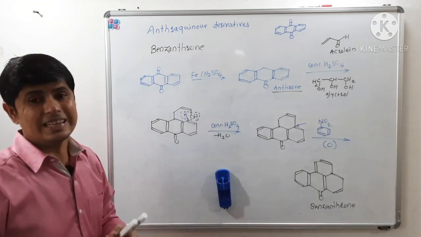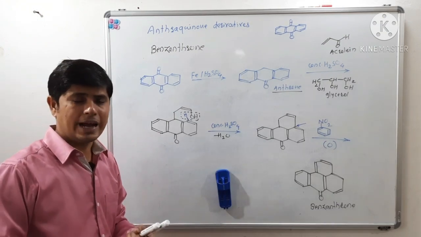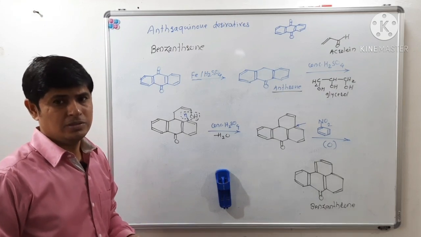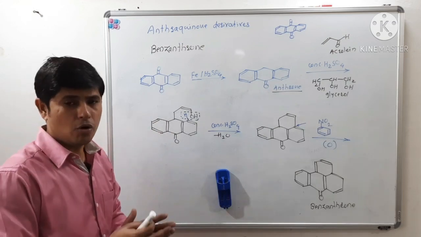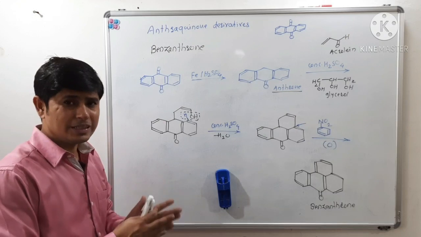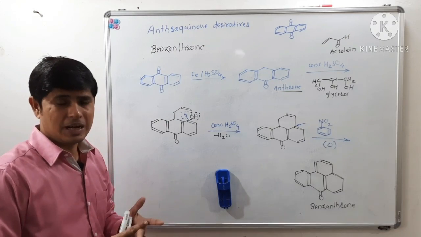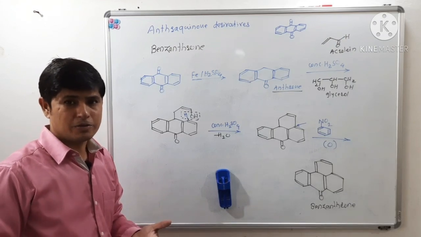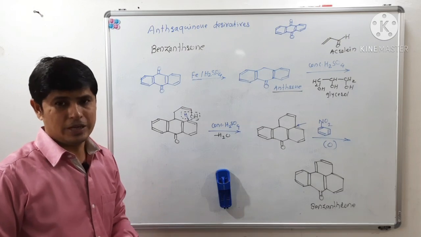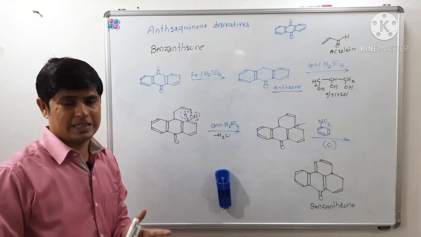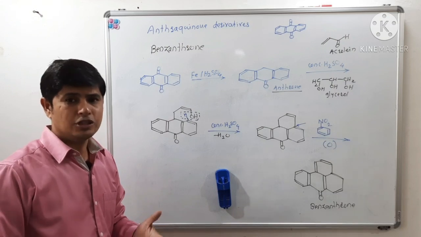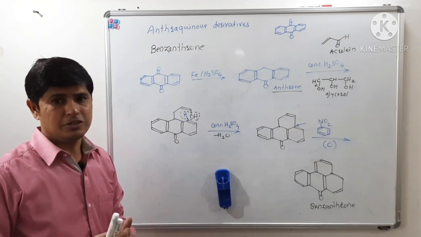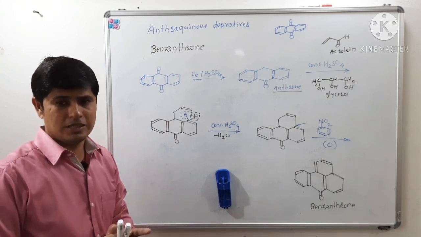So we have seen in this lecture the preparation of 1-nitroanthraquinone, anthraquinone 2-sulfonic acid, 1-aminoanthraquinone, and benzanthrone. So I hope we have understood this chapter completely. In this chapter we have seen what are primaries, what are intermediates, what are unit processes, and what are unit operations. Then we have seen 6 unit processes: nitration, sulfonation, halogenation, then oxidation, ammonolysis, and diazotization. 6 unit processes we have seen one by one.